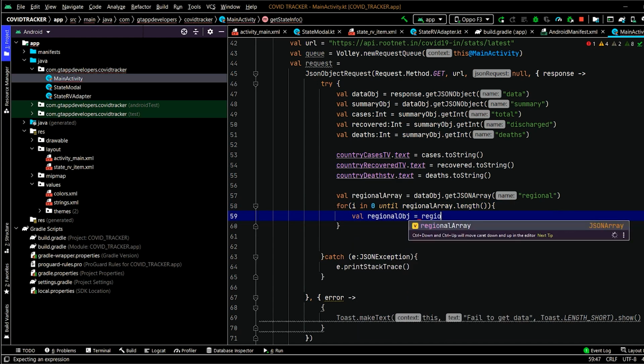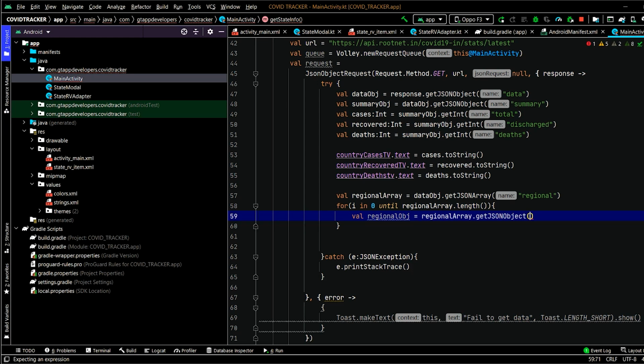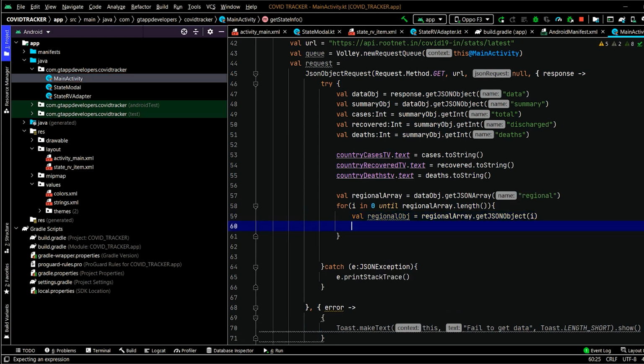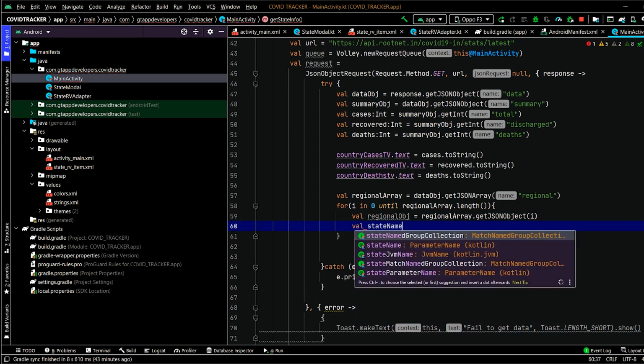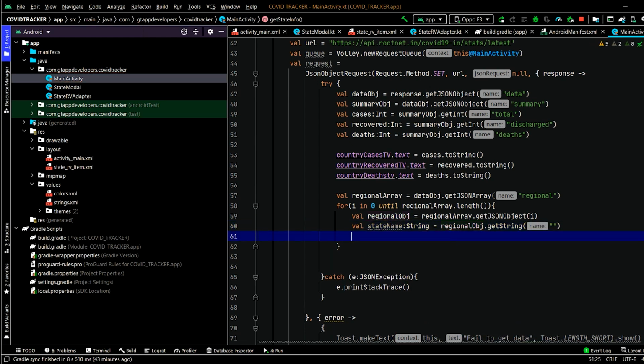We will get this object from regional array dot get JSON object and specify our index as i. After that, we have to create a variable for state name, which will be the string. We will get this from regional object dot get string, and we will specify the key here.